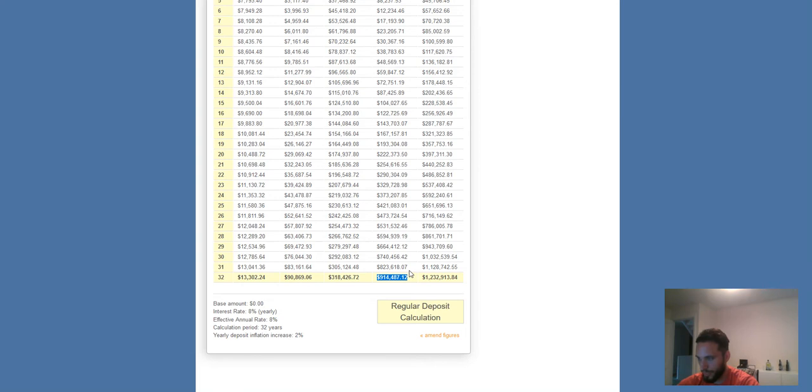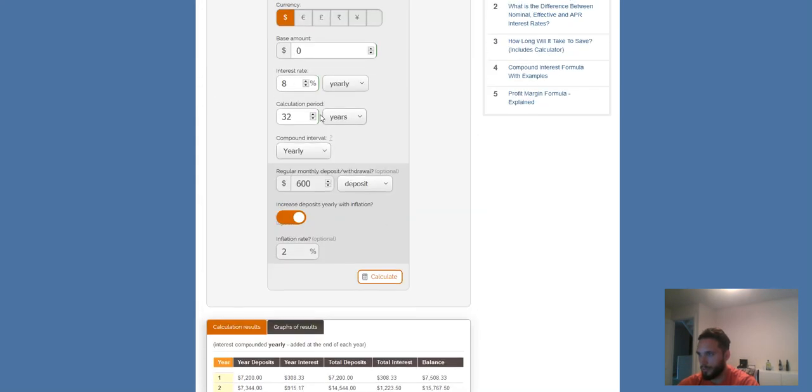Keep these numbers in mind, and we're going to compare it to the second person, which is 10 years younger, 18 years old. So the calculation period will be, in this case, 42 years. But this person was earning substantially less, was only earning half of what the person at 28 was earning. So the deposit will also be half. We keep the inflation rate the same since we made the same assumption.